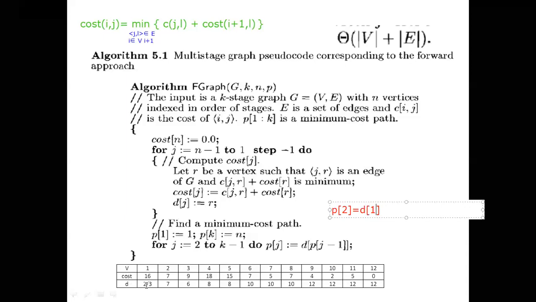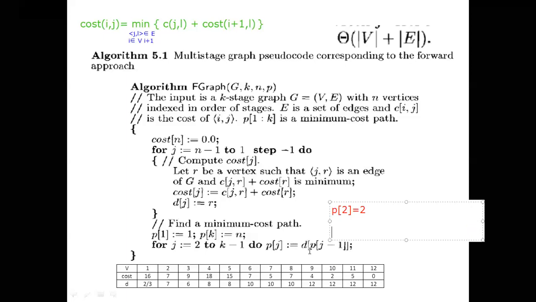Already I solved. From there, the next value we have to get is 7, because now we are in 2. For 2 we have to visit 7. How to get that 7? We will calculate. What is P of 2 value now? Just now I got D of 1. It is 2. I will store it here because I want that value. Now the loop we will execute. J is equal to 2 is over. Now J is equal to 3.